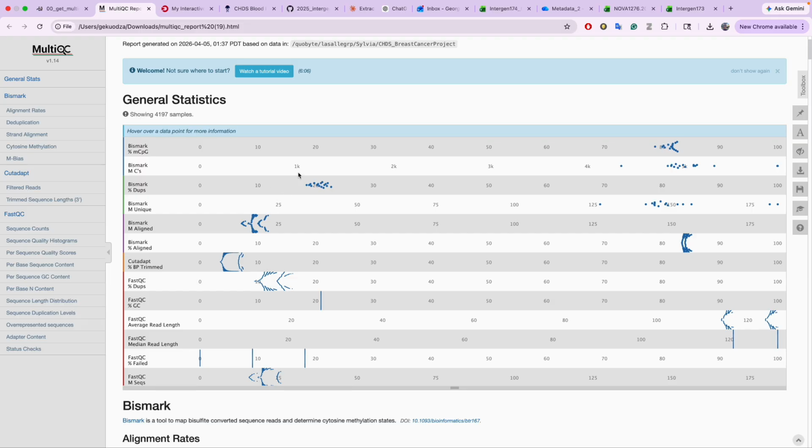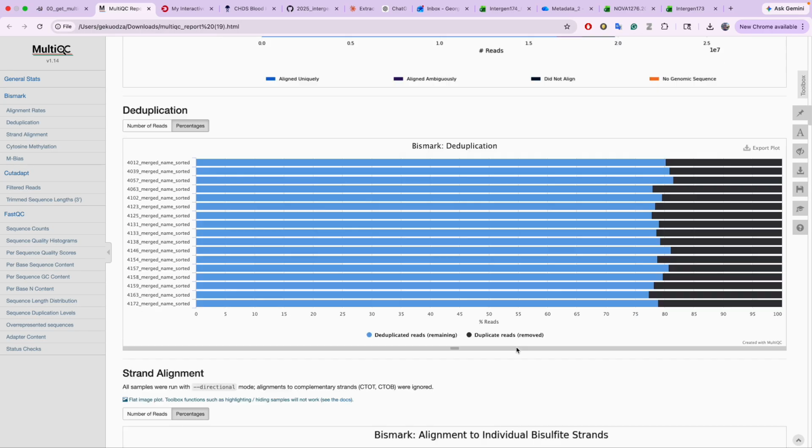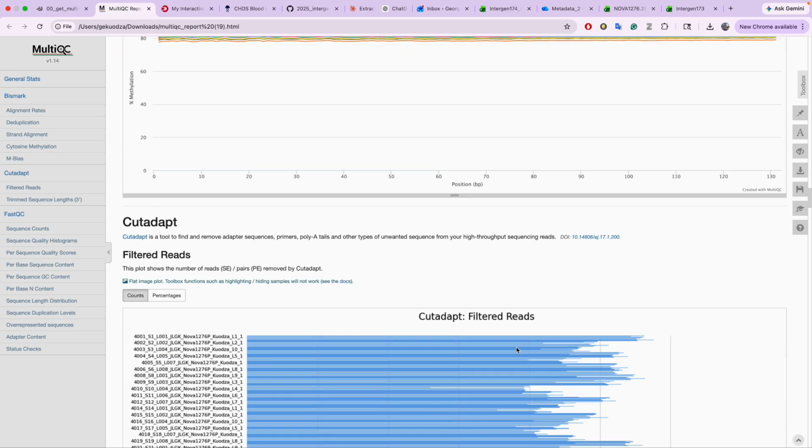And then the other thing we look at is percent aligned, which is to do with the mapping efficiency of how well your samples were mapped to the reference genome. And for most of our samples, we don't really need to worry about it much. And then I think, yeah, one graph I wanted to show you that I forgot to explain is this one,